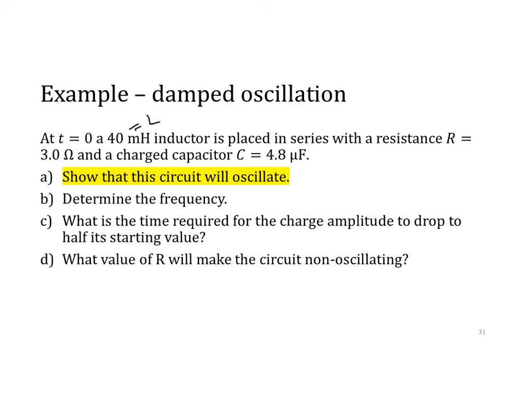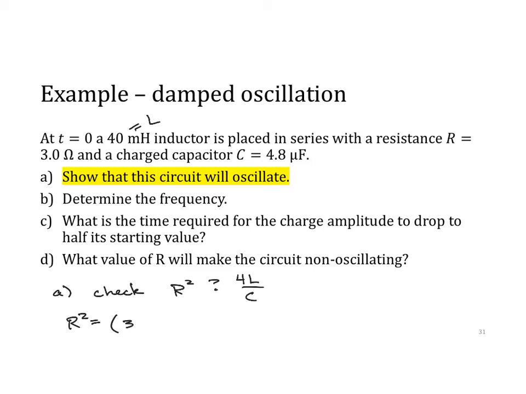What that's asking us to check is the relationship between R squared and 4L over C. Now remember, if we look back at what we were just talking about, when something is underdamped, it will oscillate. When it's critically damped, it will barely oscillate, and it will reach 0 in the shortest amount of time. And when it's overdamped, it will not oscillate. So we want to check R squared versus 4L over C. So R squared,